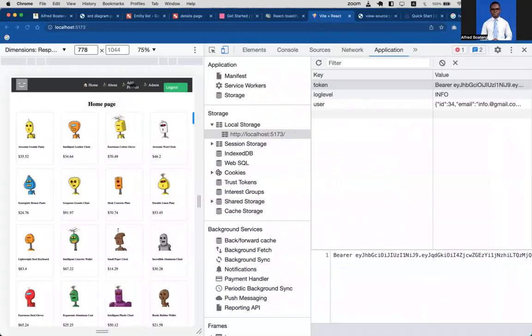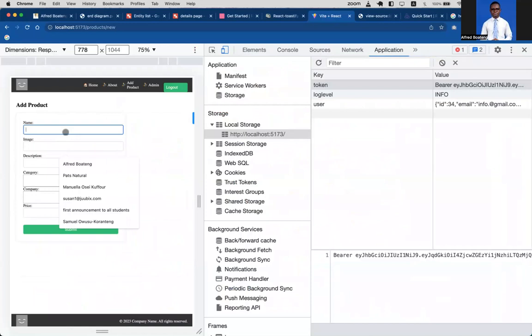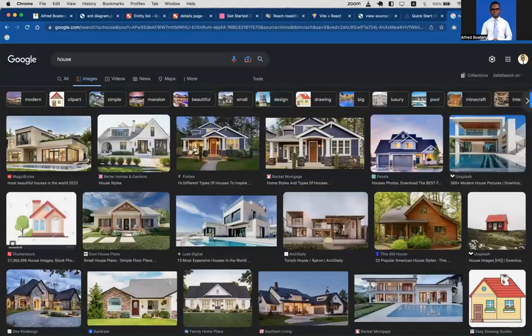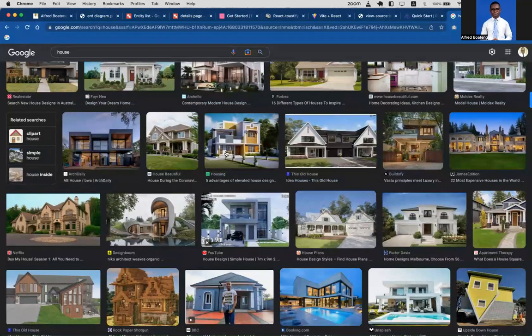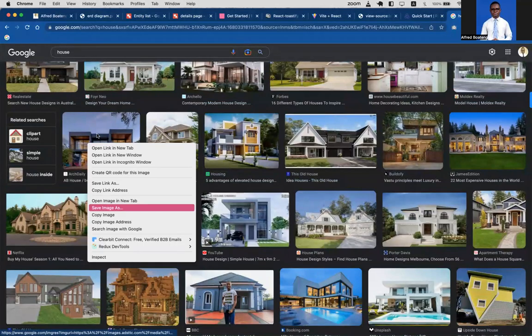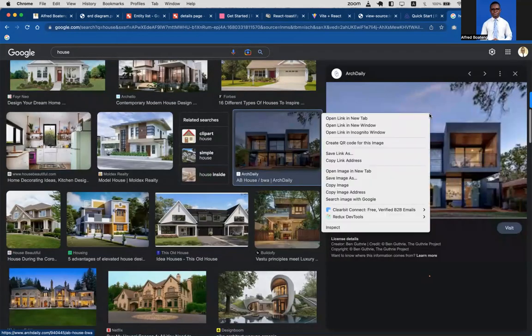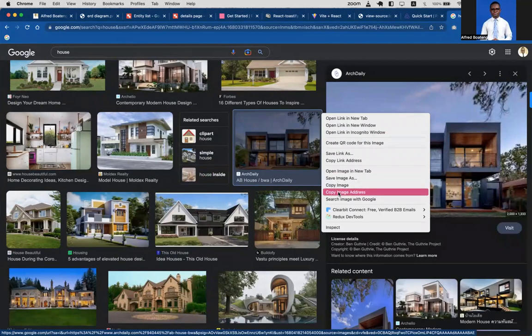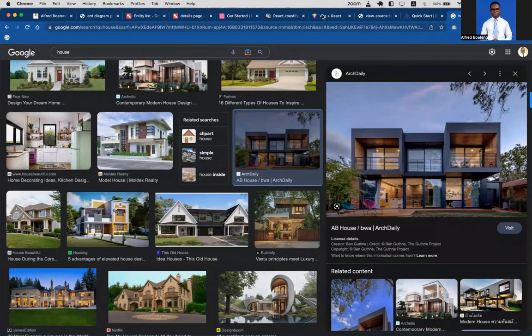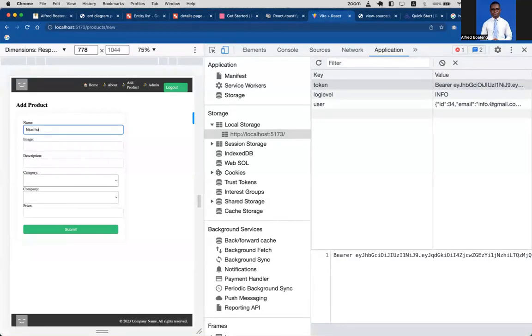So let's try one more time. Let's add a new product. Great. So this is going to be, let me grab a nice house. Yeah. Okay, let's click on this one. Let's just use this for testing. So copy email address. And then this is nice house. Great. And then the image is going to be something like this. The description,